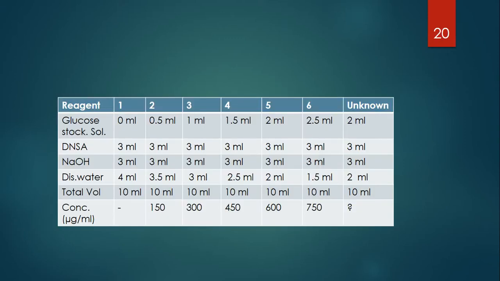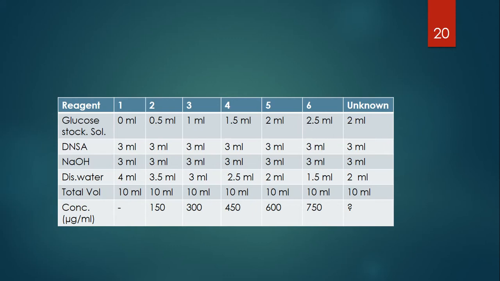So now let us see the final concentration which we are getting in each test tube. So we are going to take 7 test tubes, label it from 1 to 6 and 7. 7 stands for unknown. So we also need the blank. So for that in test tube 1 we are pipetting no glucose solution. That is 1 will be our blank solution which doesn't contain any sample. In second test tube we will pipette out 0.5 ml, then 1 ml, then 1.5 ml and likewise. We have prepared the unknown sample by diluting. So we are going to take 2 ml of the unknown sample in the test tube number 7.